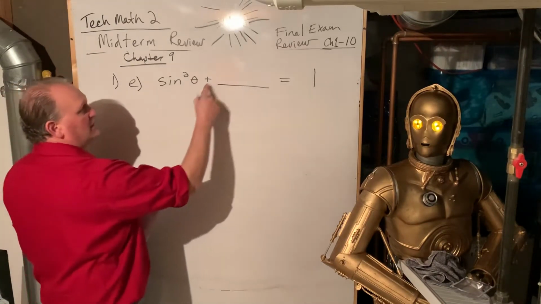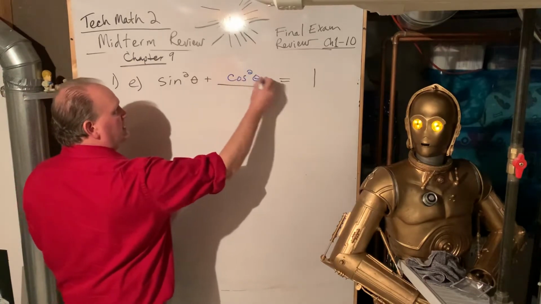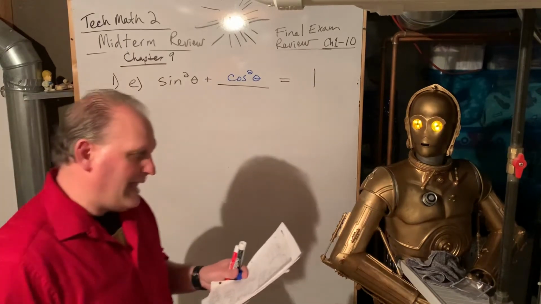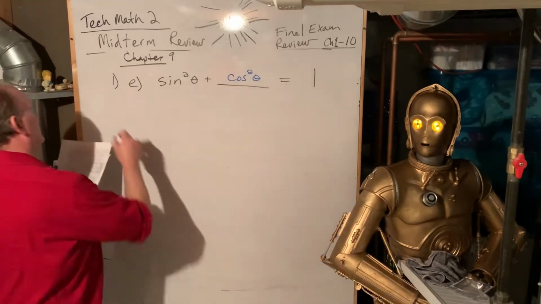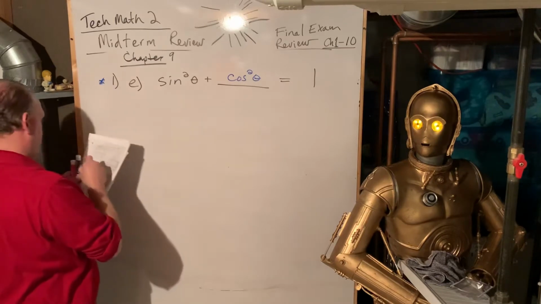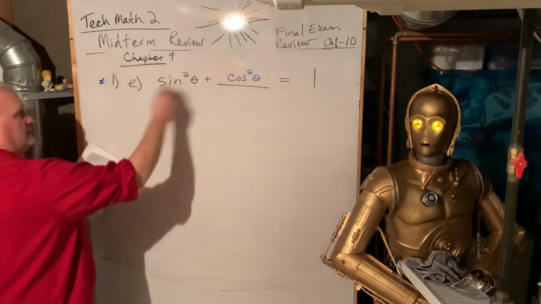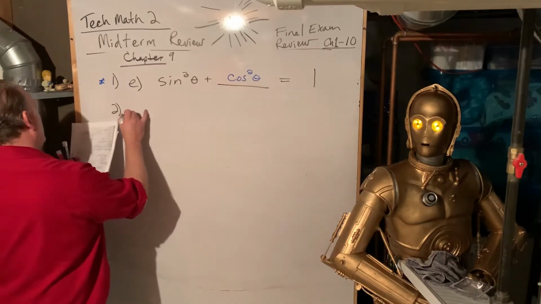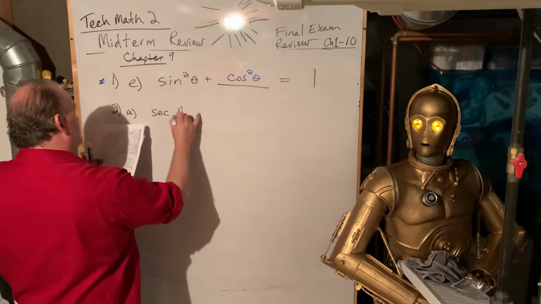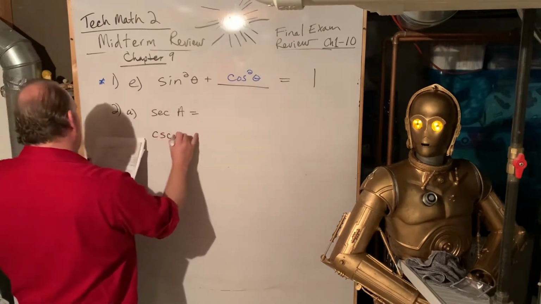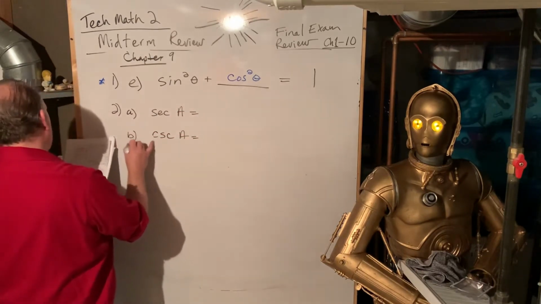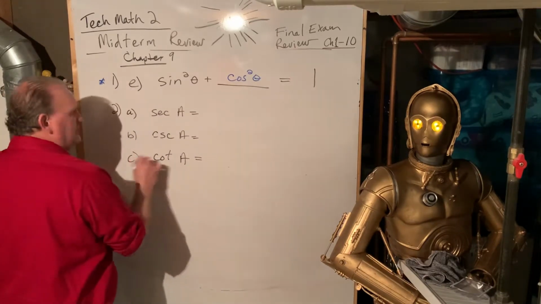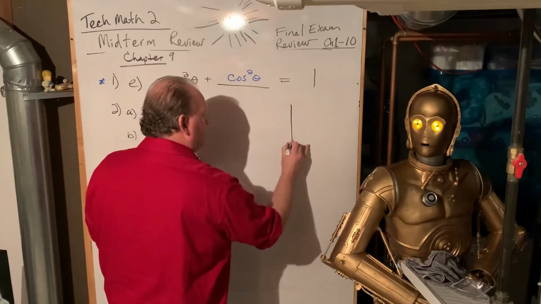So sine squared plus cosine squared theta is equal to 1. And so it'll probably be some variation of that, but that one I'm hoping everybody gets right because you've got your notes right in front of you. And then look at 2. They have a picture and they're asking find the secant, find the cosecant, and find the cotangent. But it's without numbers. These are all just abstract. They've got this pretty picture for you